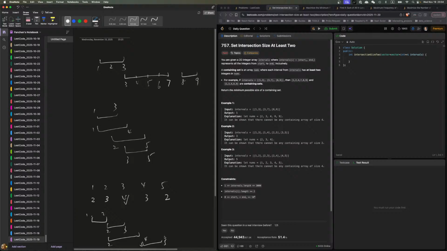So 1 gets hit once, 2 gets hit 3 times, 3 gets hit 2 times, and 4 gets hit 2 times. So I say I'll definitely do this. Alright. Now if I do this,